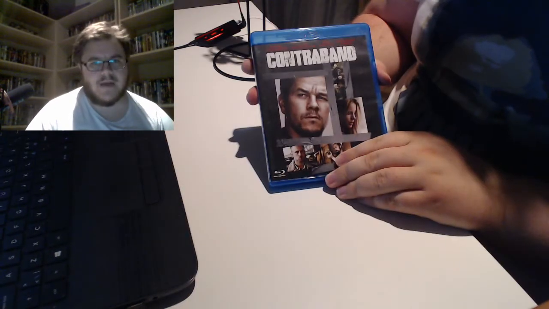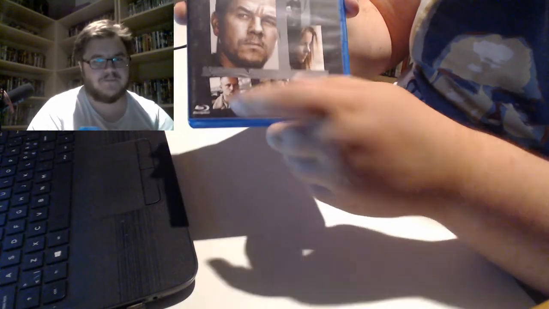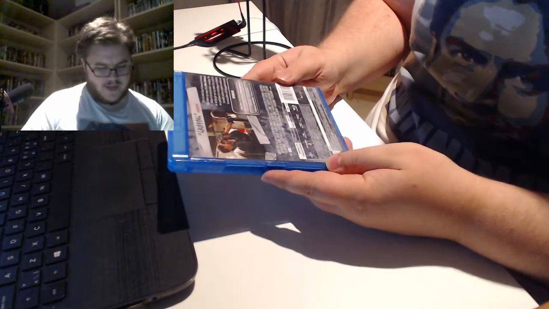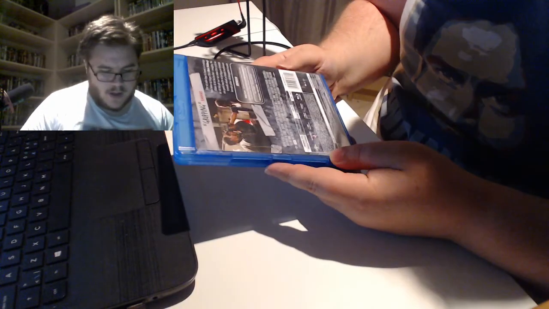And then we have Contraband. I bought this once again because Ben Foster is there. This movie is from 2011.